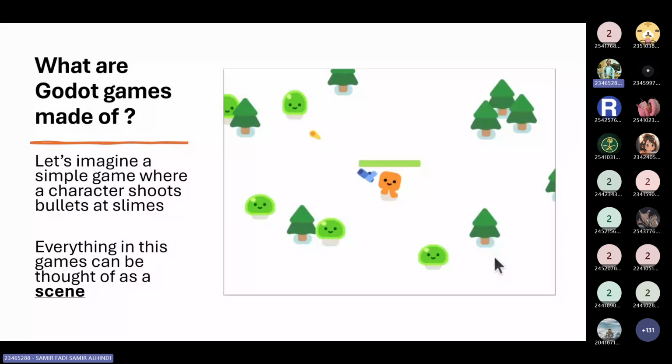Here we have a screenshot of a game made in Godot. In this game, you can see we have a main character, and he has a gun. He also has a health bar, and the character is shooting bullets using the gun at the slime enemies. We can also see trees and a white background. It's a simple game. So what I want you to put in your head,